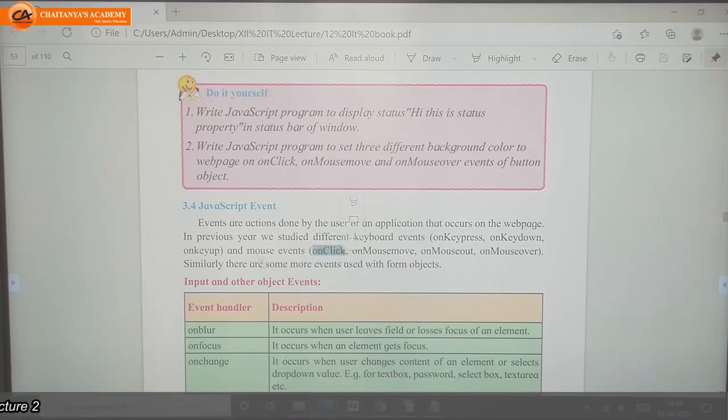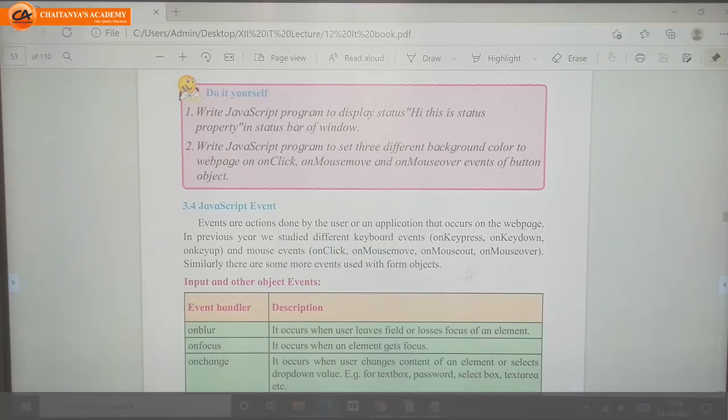Onclick, these are mouse events, meaning whenever we are handling the mouse, these events are invoked. They are onclick, onmousemove, onmouseout, onmouseover. For a particular button, once I click that button, if I want to pop up one message window, I can write the function. Once I move the mouse on that button, onmousemove, then that message window will pop up.